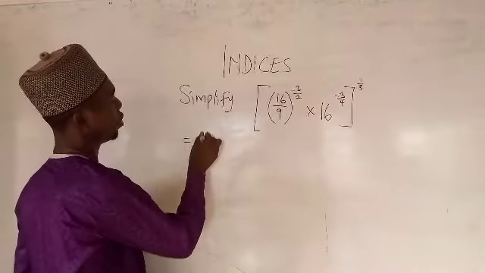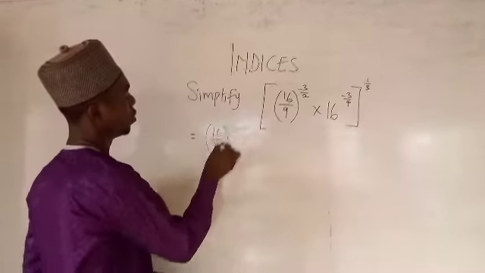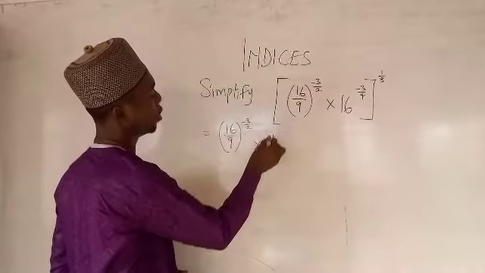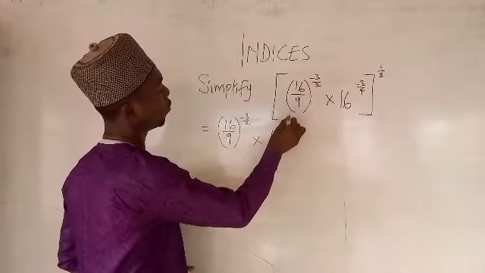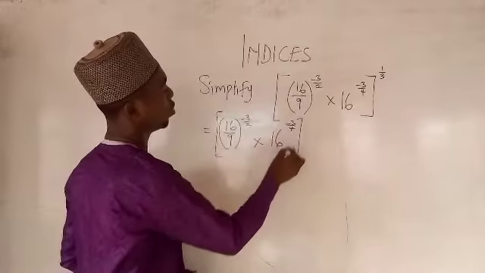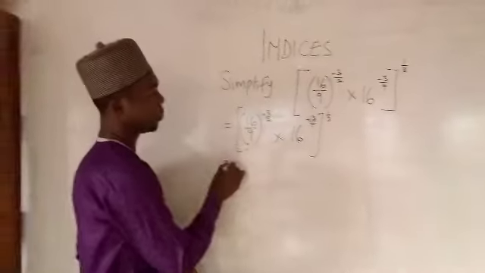We have 16 over 9 raised to the power of minus 3 over 2 multiplied by 16 raised to the power of minus 3 over 4. Then we have another power outside. The first step to take here,